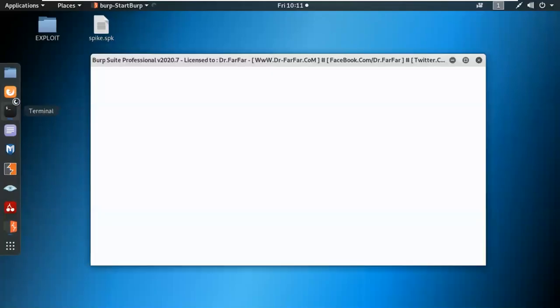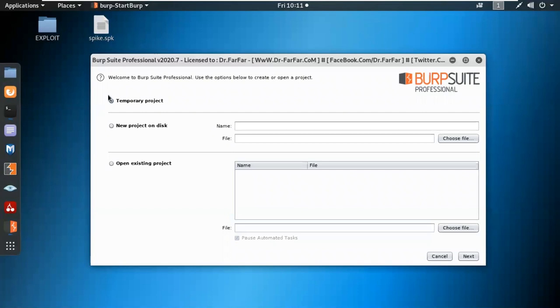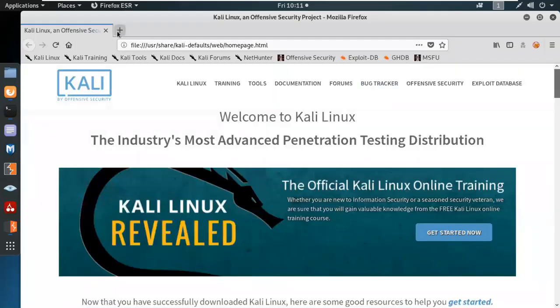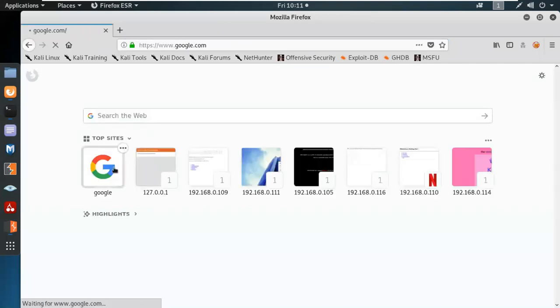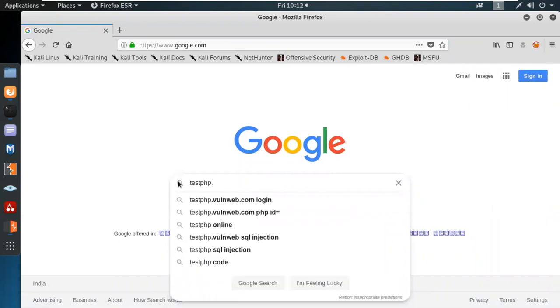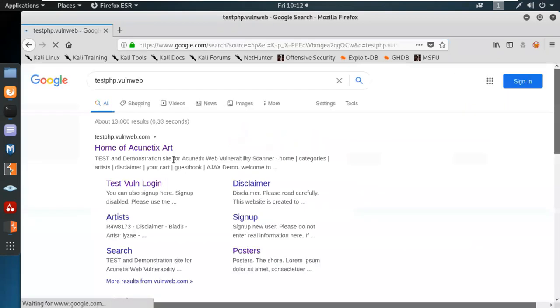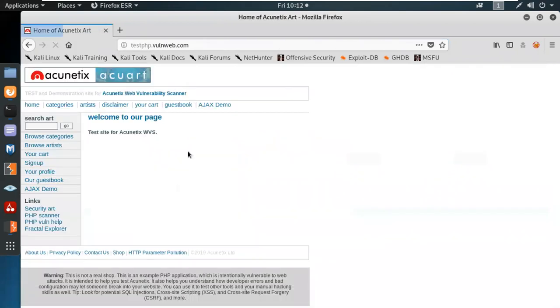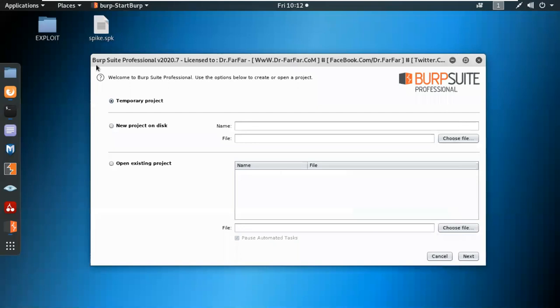With our Burp Suite, as per last time, we were taking the temporary project as per our need. We were simply testing the test.php website. This was our target website to enumerate or penetrate. Over here we can see Burp Suite, and I'm going to use the temporary project again